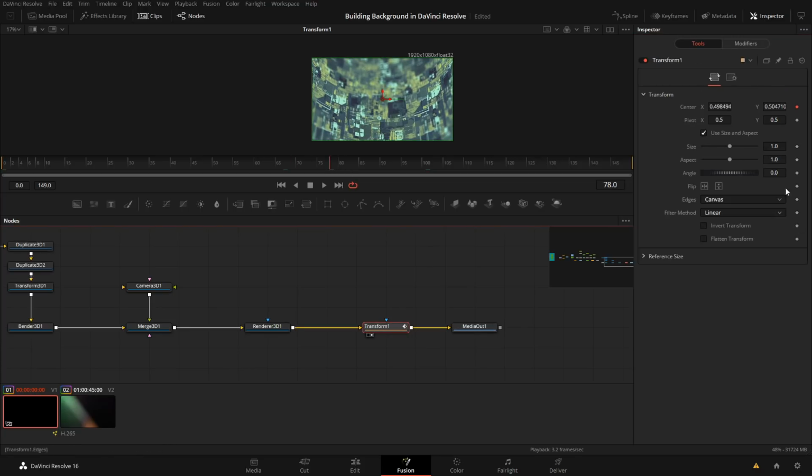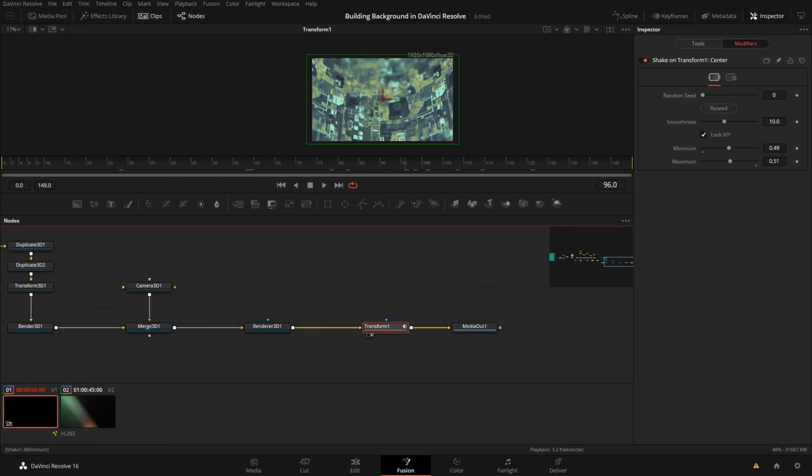Then you could make this 1.1, or maybe 1.08, something like that. And as you can see, the box here is then shaking around. Then you would just increase these in the modifier.